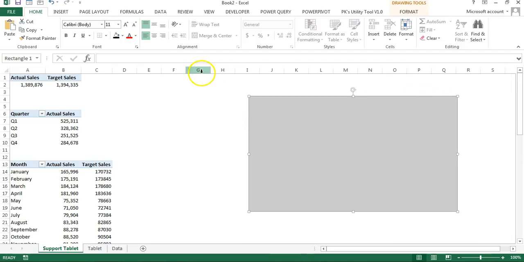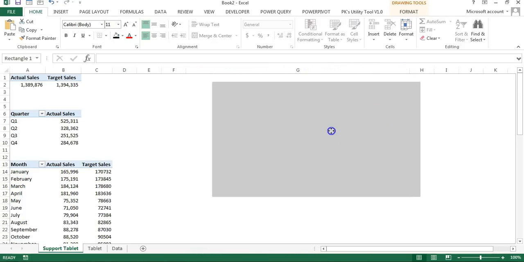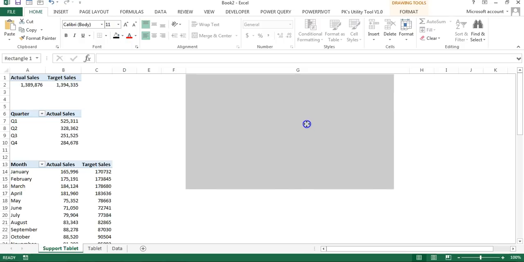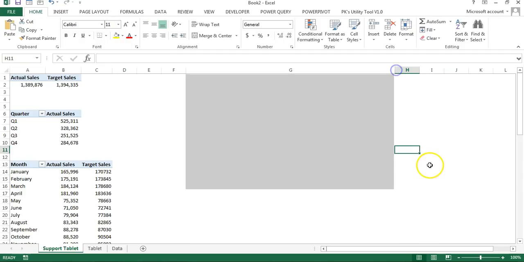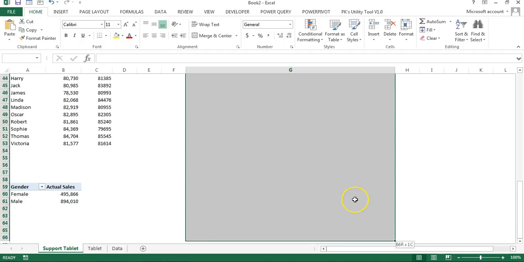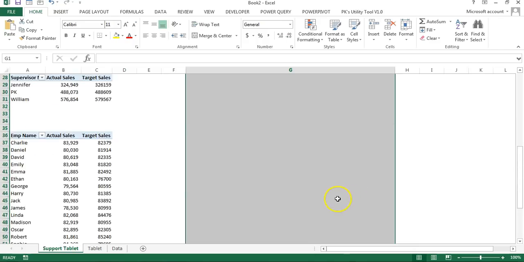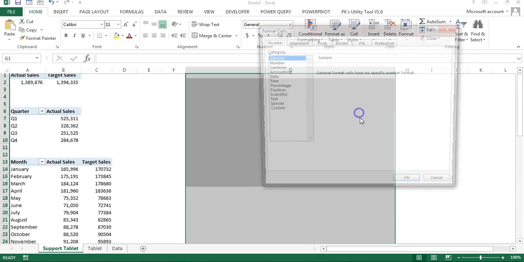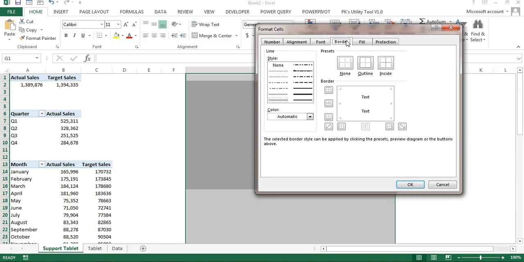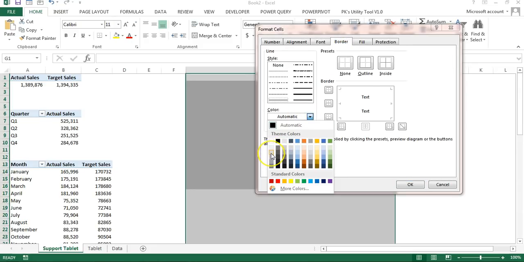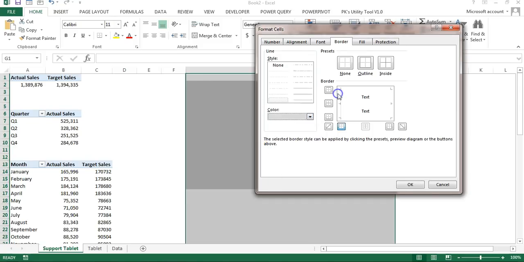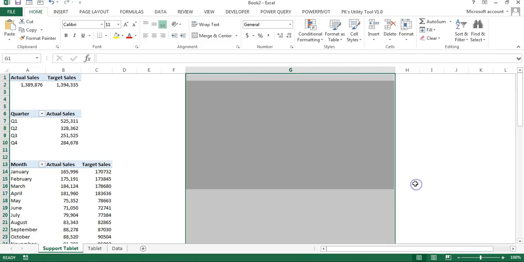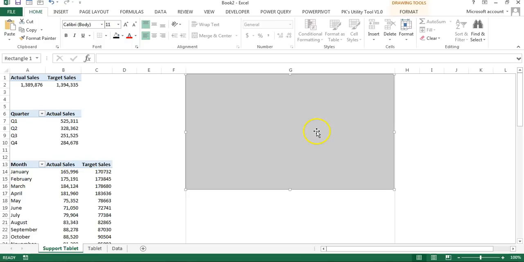For any column, let's say I'm taking column G and just make it slightly bigger like this, and keep this rectangle here and adjust the column width according to this rectangle like this. Just select this column. You can take around 100 rows or let's say 70. Then right click, go to the format cells, and here go to the borders, and then let's choose some gray color. So let's take this color. Take the left line and the right line. Just click here and click here and click on OK. Now we can delete this shape.